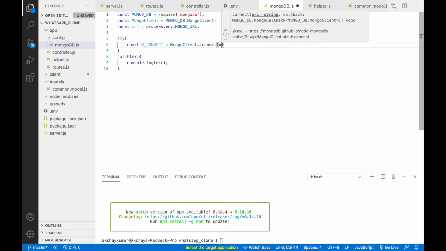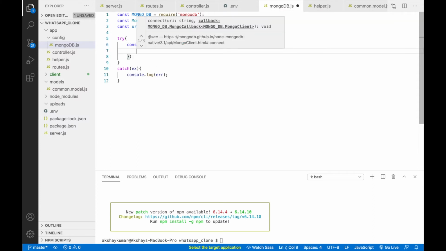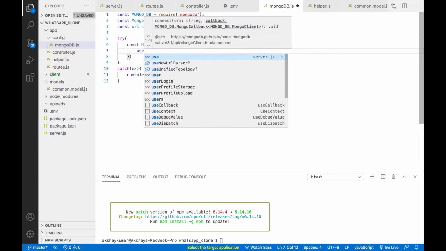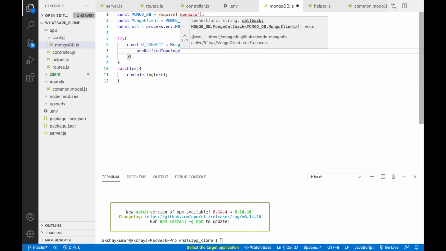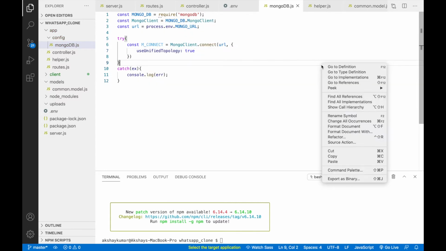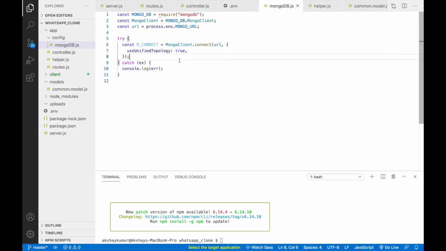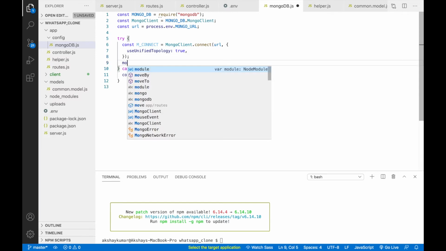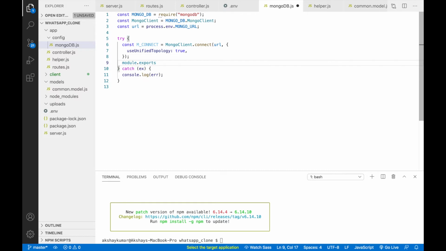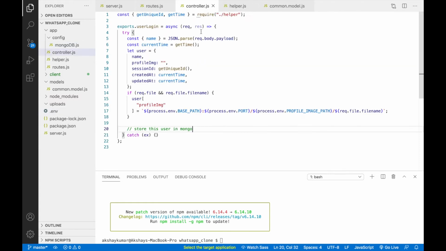Here we'll pass this URL and we'll pass useUnifiedTopology, and that will be true. I think this is done. After this, we'll export with module.exports equals to, we'll export both things: mongo_db and this m_connect. Now I will close this file and this also.